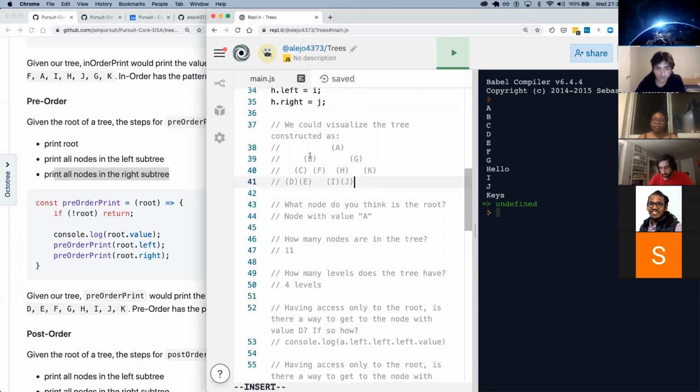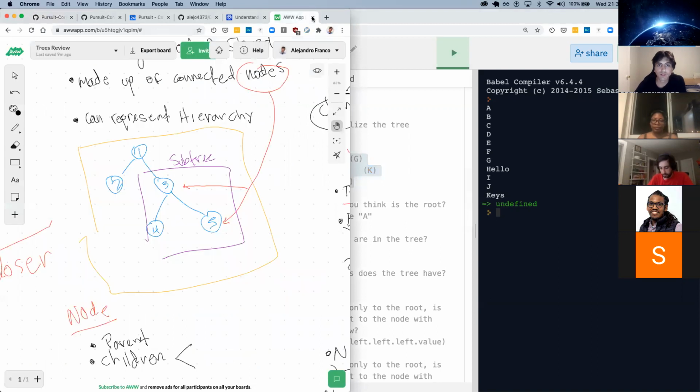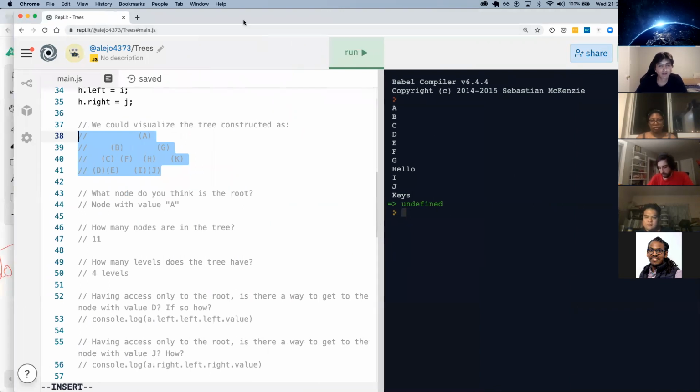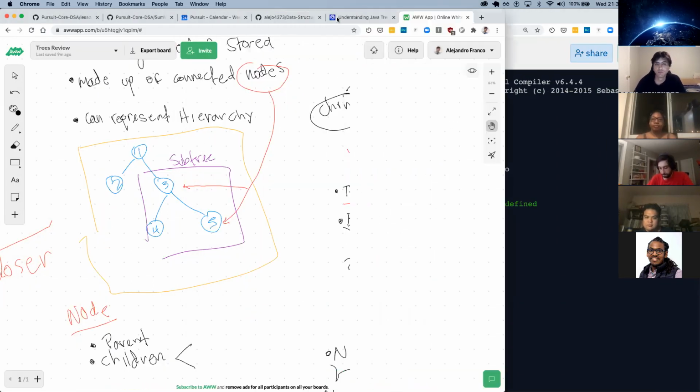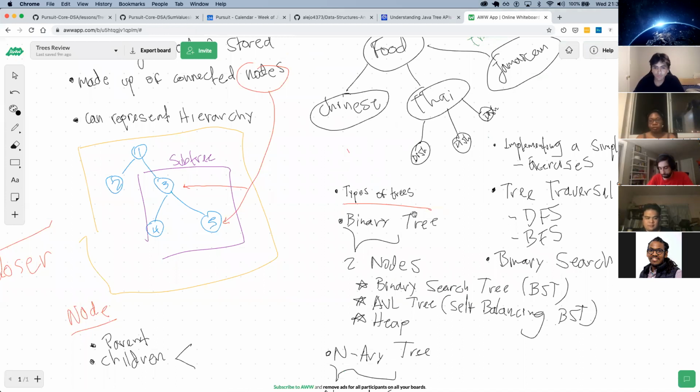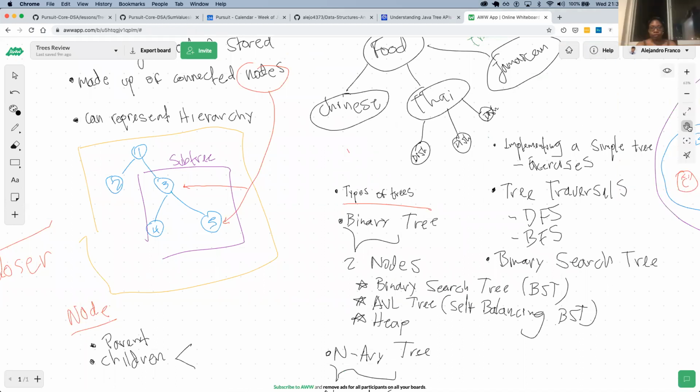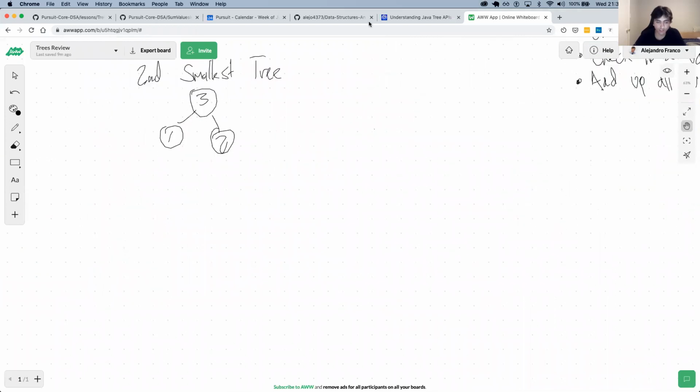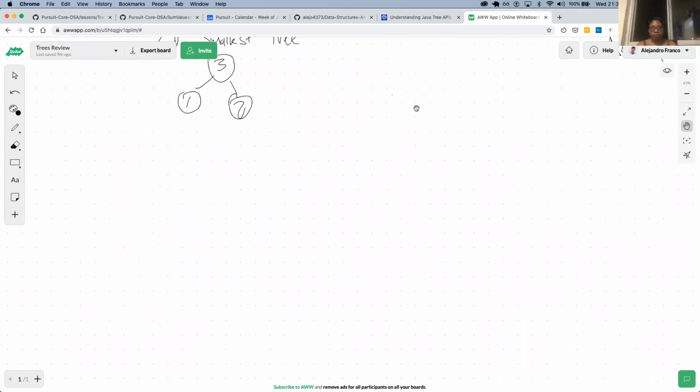So I'm going to copy this. Here, we're making use of the call stack. If we want to implement a depth first search algorithm not with recursion but iteratively, we will need to have our own stack to use. So let me make this full screen, and let's draw this tree somewhere around here.